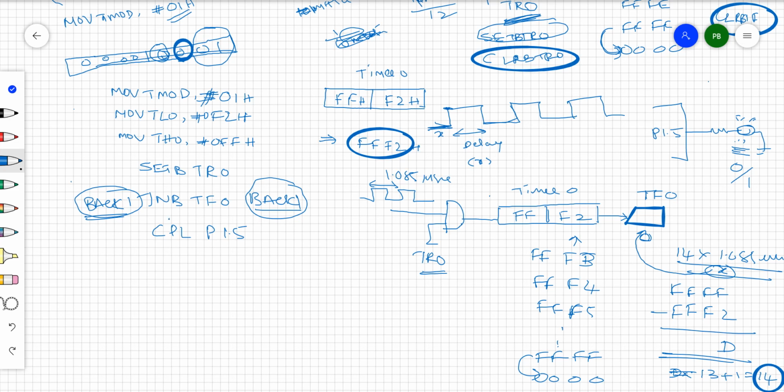Here you need to stop the timer. Stop the timer run bit by clearing bit TR0 as well as clearing the timer overflow flag 0. That means stop the timer. Whenever overflow occurs, complement this one, stop the timer and clear this particular timer overflow flag. Then once again jump back, short jump back, with the label I use, back to here.